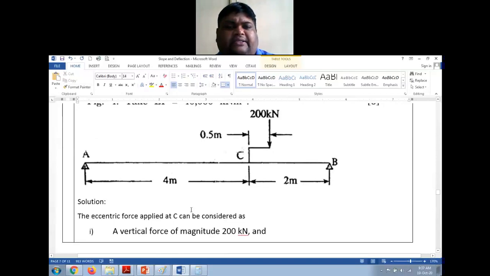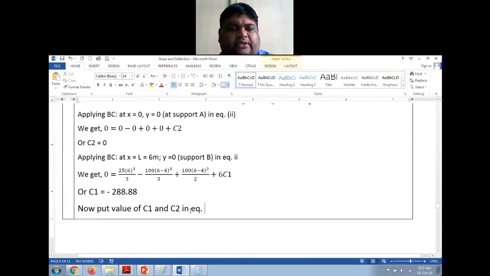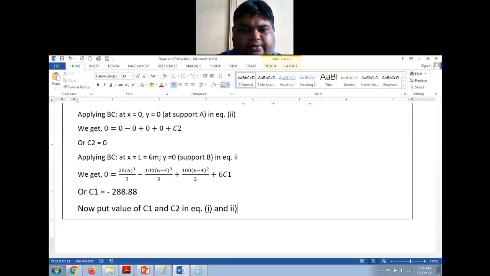So we will also find the slope, right? In the question he has asked only deflection. I will find slope also. Now put value of C1 and C2 in equation 1 and 2. We get